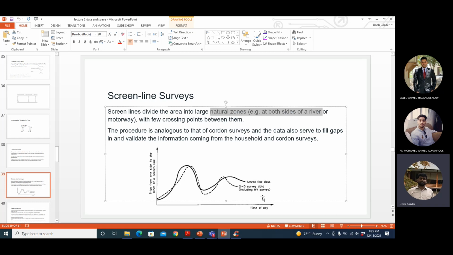Okay, so like you can see here, they have done a heavy vehicle survey for origin destination counts, and then they have a screen line data count as well. In both the counts, they were trying to find out how many trips cross the screen line at different times of the day. So they have two sources of data, and then they are plotting it, and then they are trying to match it. So you can see it's more or less the same trend. If the trend is not the same, that means one of these surveys is not accurate, and then you need to go back and do it again.